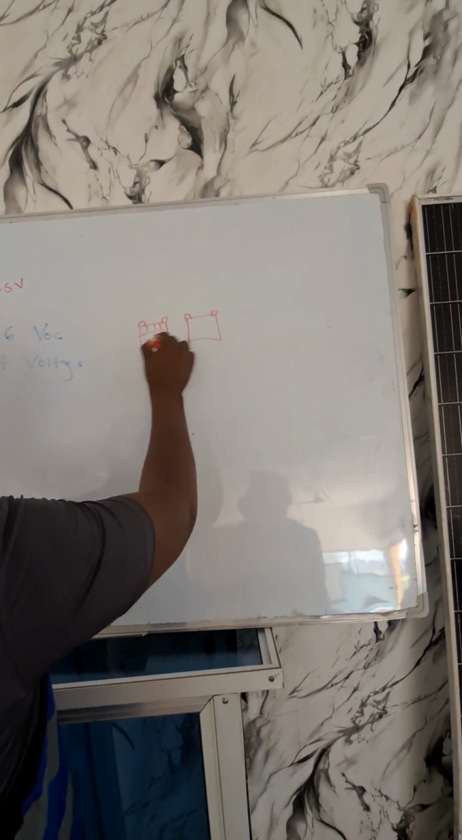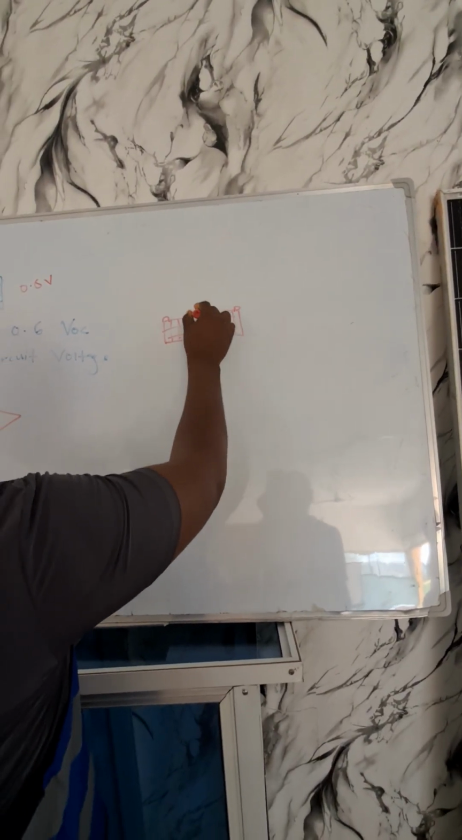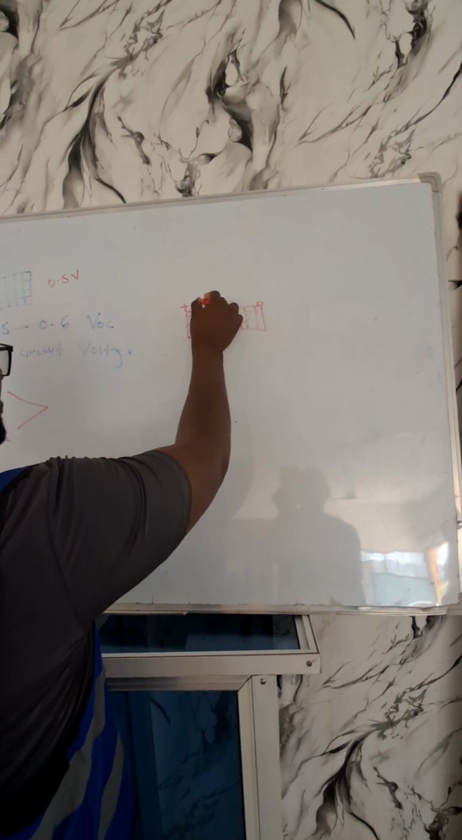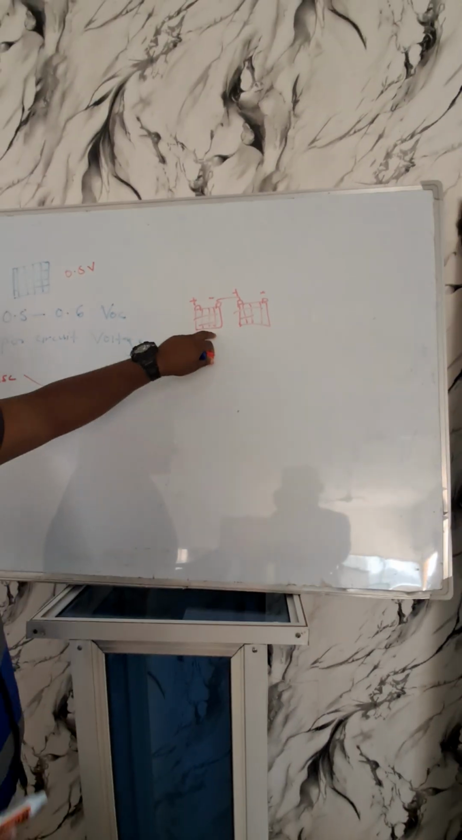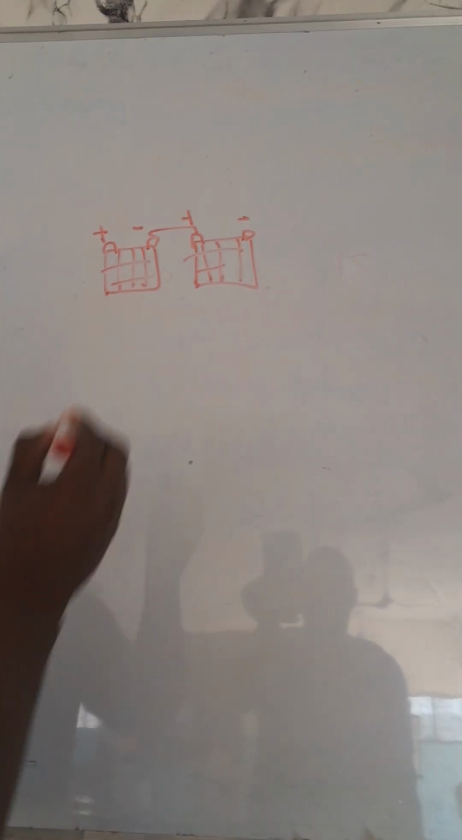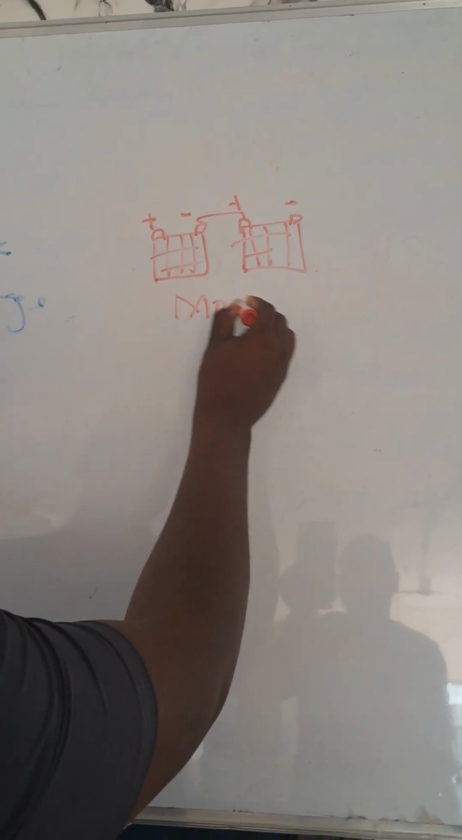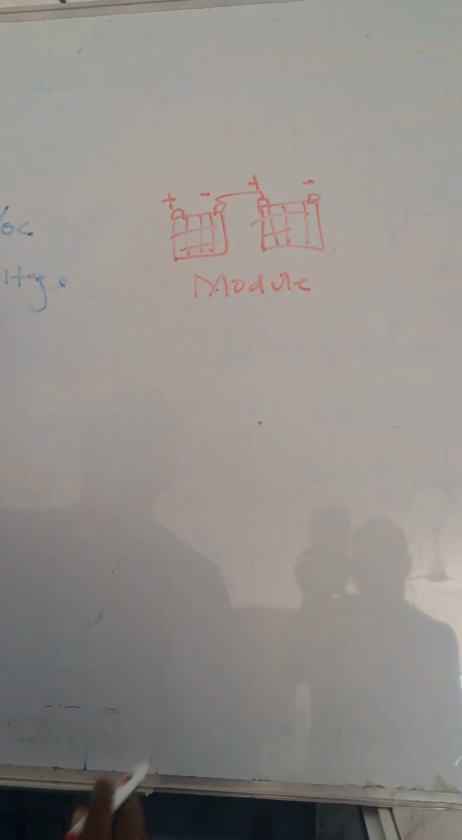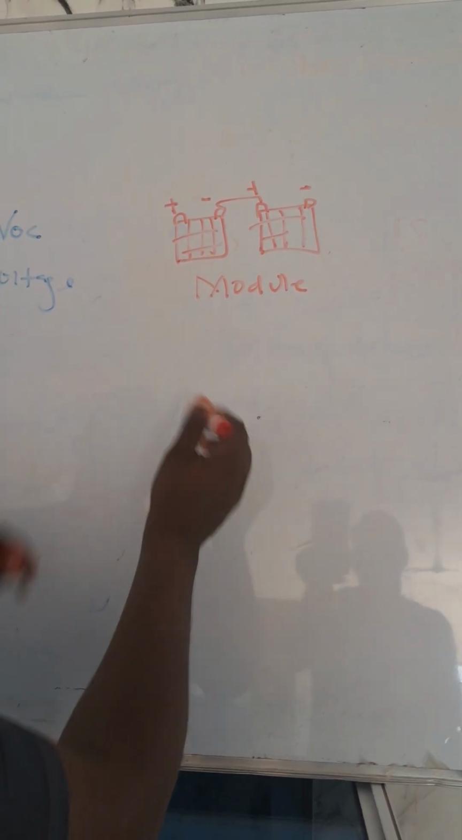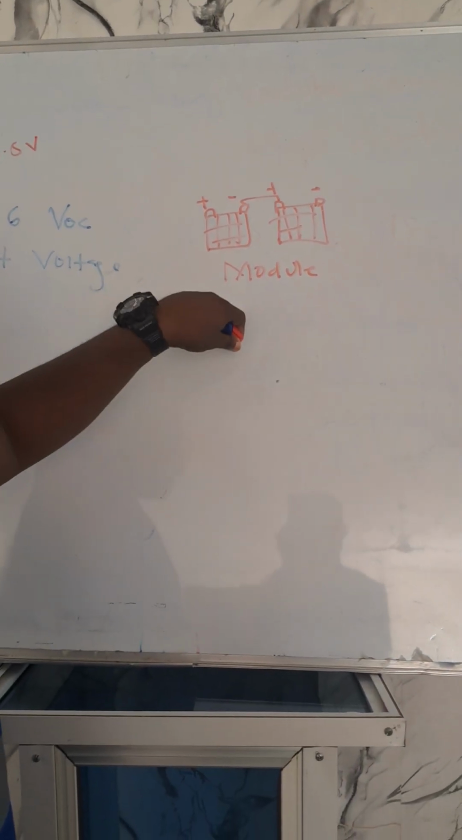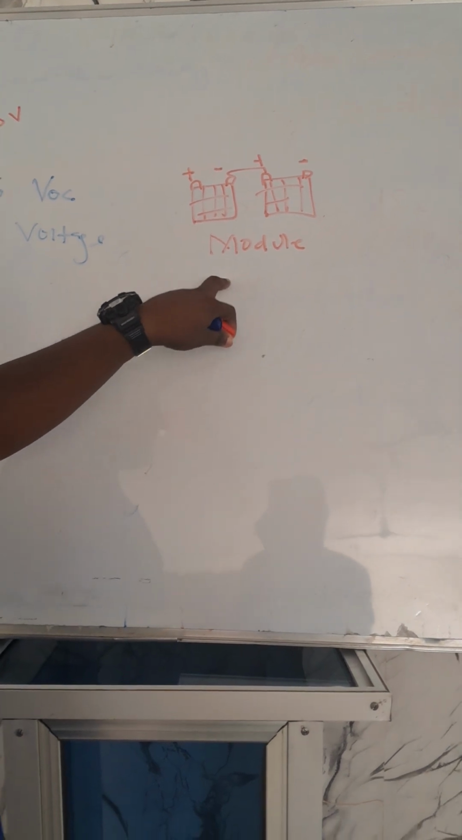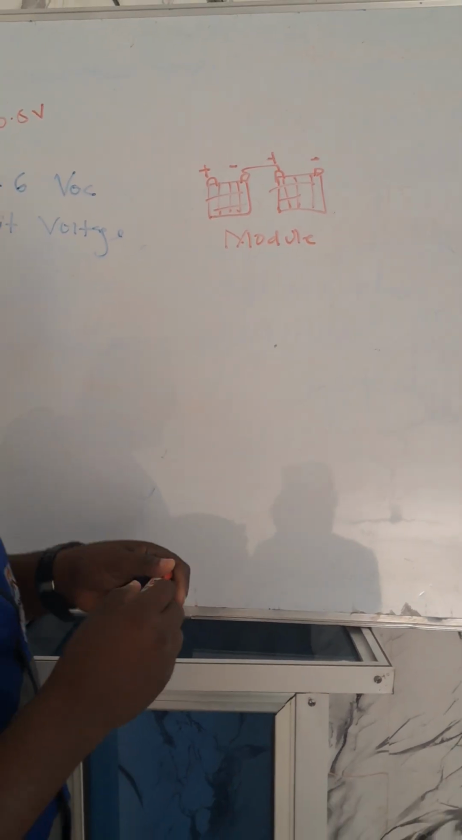So the connection, we have plus here and minus here, plus here, minus here. So which means the interconnection of more than one cell is what we call solar module. And then when we have many modules connected in series or connected together, it has become solar panel. So which means interconnection of these cells